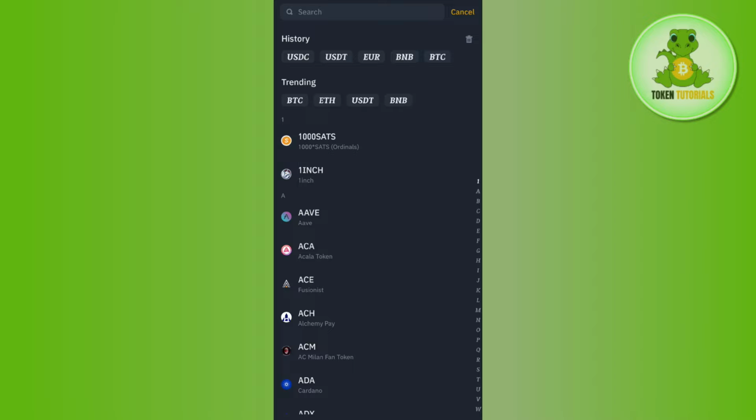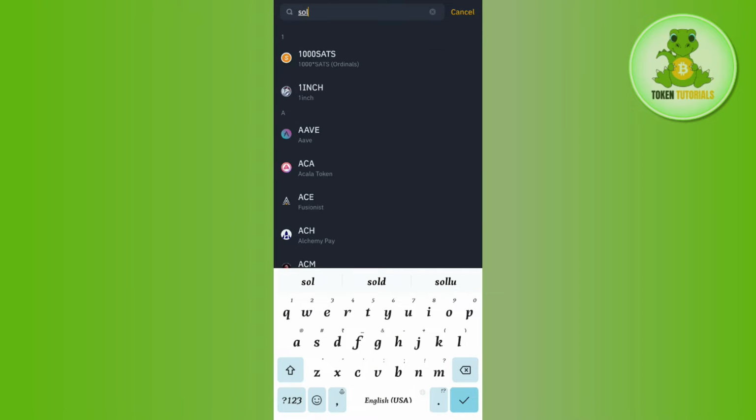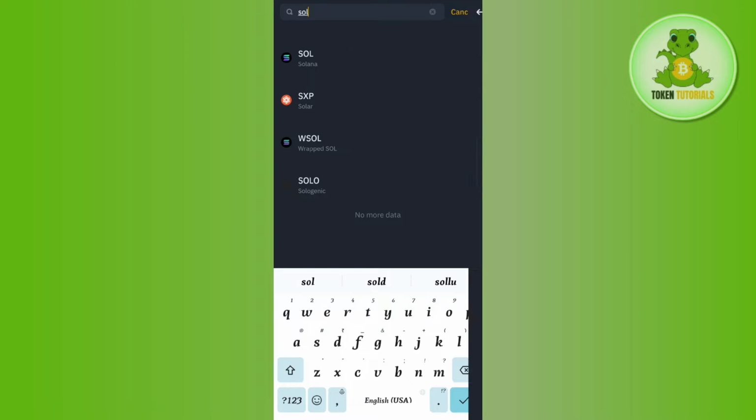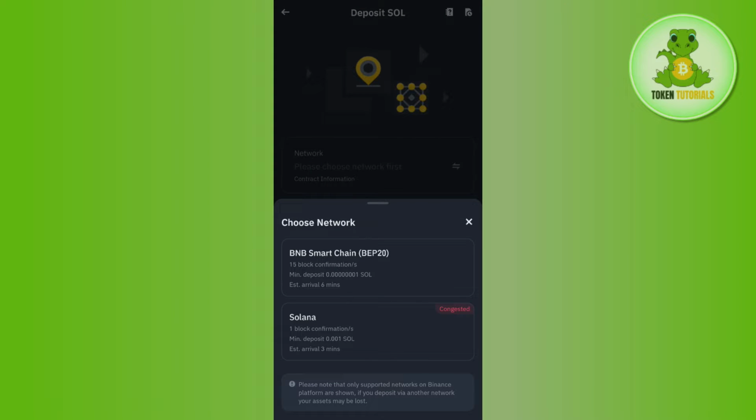Then you need to tap on this search bar in the top, and in the search bar you simply need to search for Solana. Now once you have found Solana, you simply need to tap on it until you see this choose a network option. So over here you need to choose the network as BNB Smart Chain, which is BEP20. Then it will give you the address, so you just have to copy the address from here,